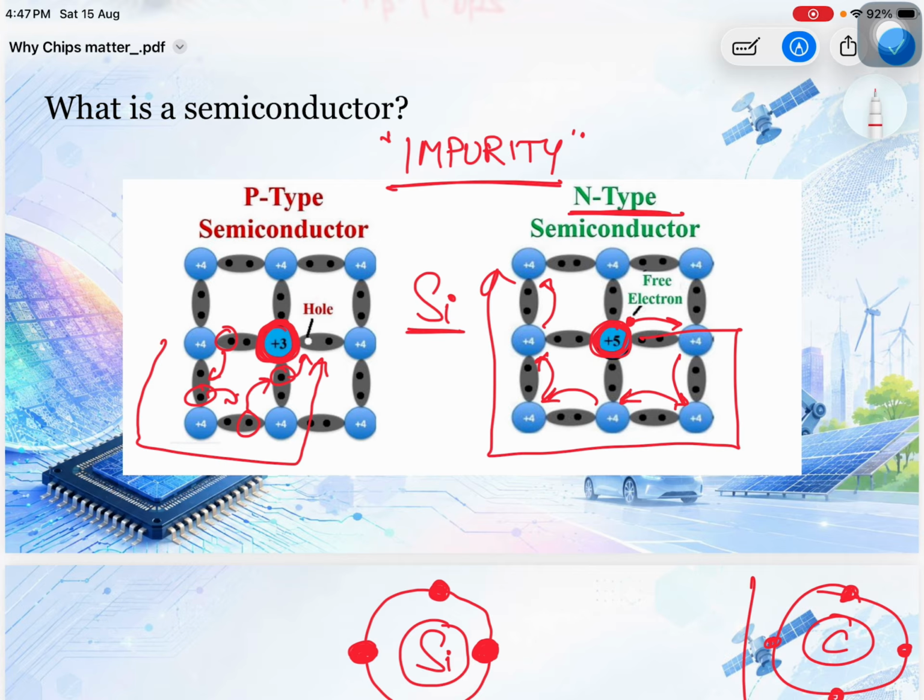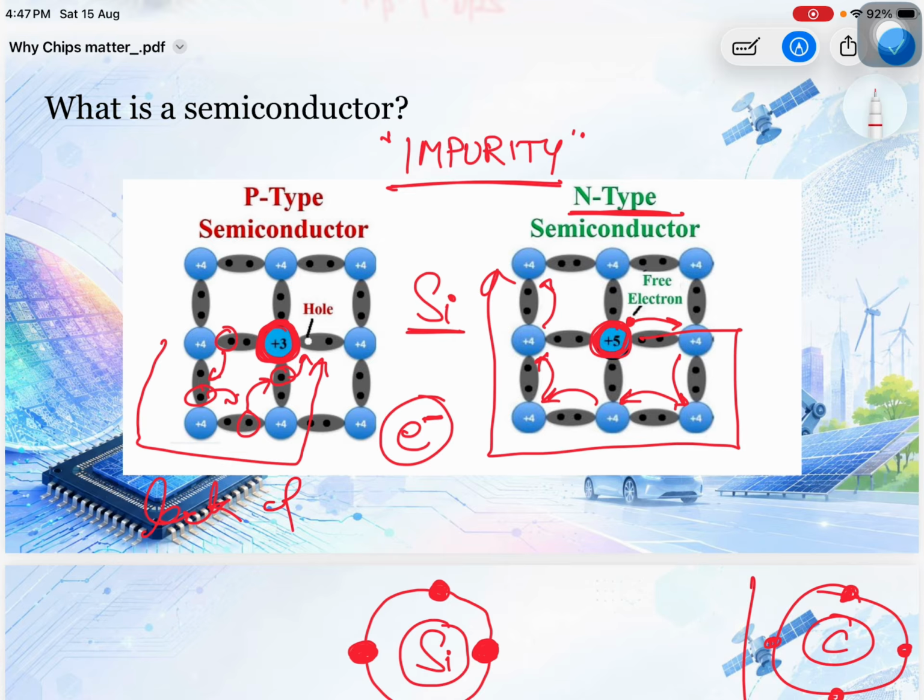I hope you understand how a p type and n type semiconductor behaves. P type is nothing but an impurity which has a hole, which makes it positive. We all know electron has a negative charge with it, all right. So in p type, when there is a lack of one electron, there is a lack of one negative charge. Lack of one negative charge is nothing but positive charge.